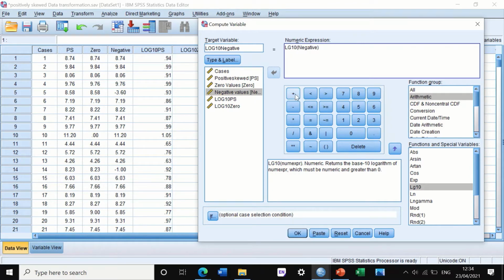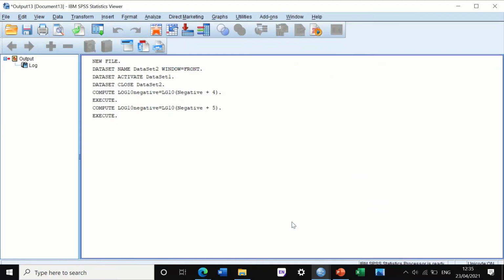Add to this column number 5. So what does this equation say? Do the log 10 for the column labeled negative, added to it, to each cell in it, value 5. If you click OK,